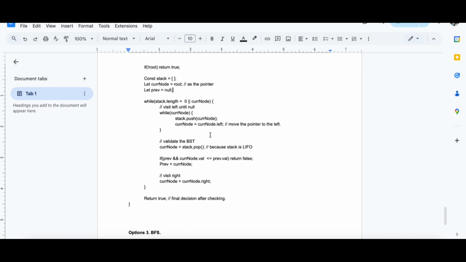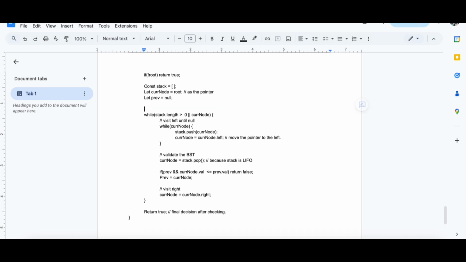let's do the time and space complexity analysis. O(n) time because we need to visit all nodes at least once. This one is O(n) space. O(1) time per operation, overall is O(n) time.